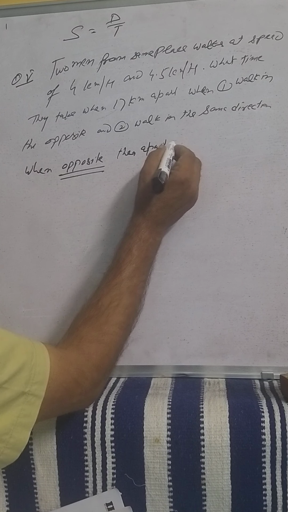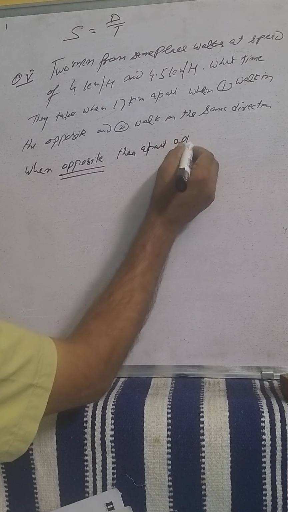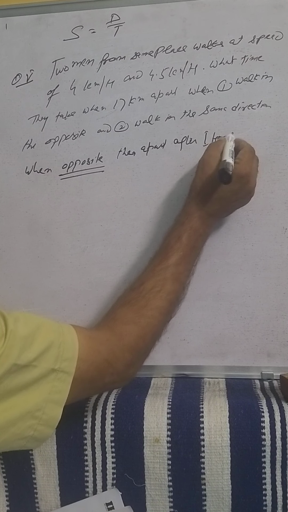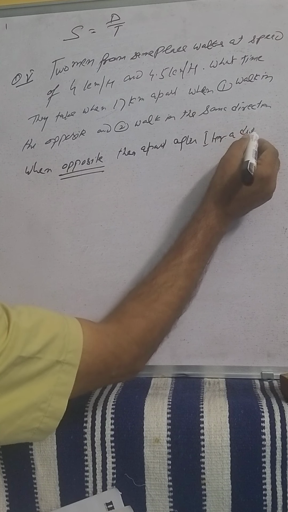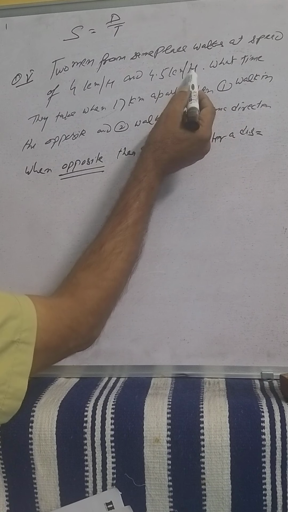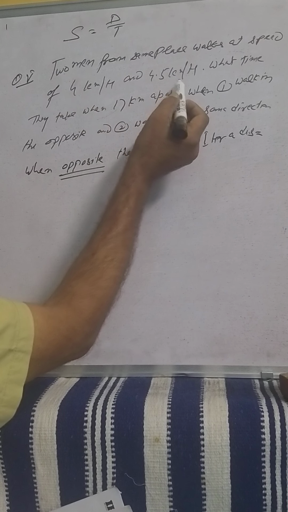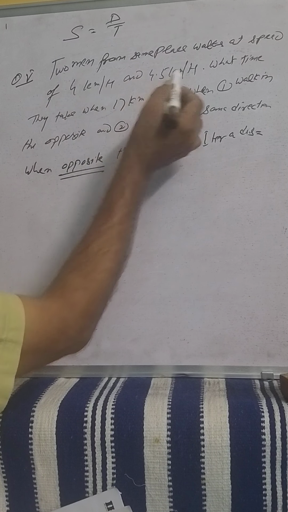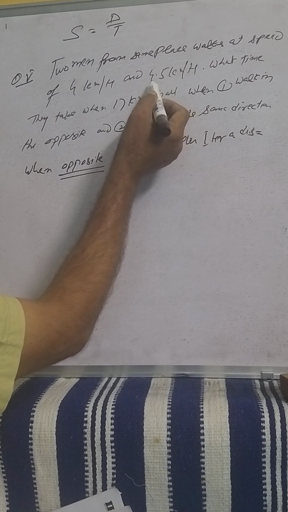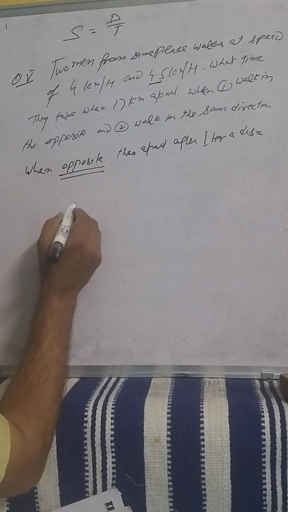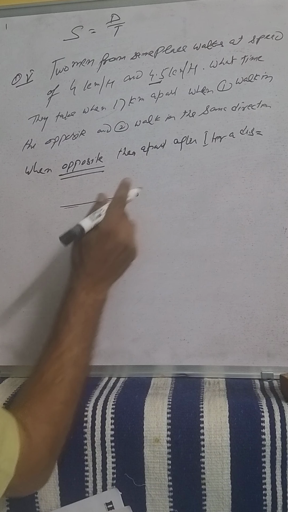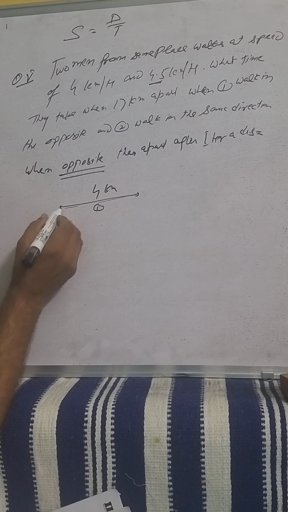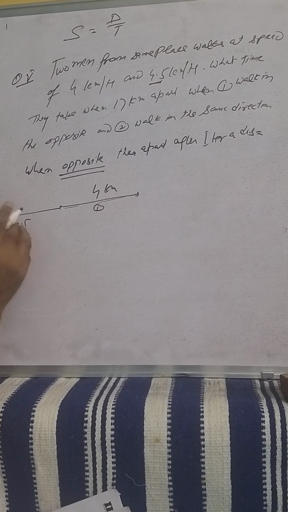After 1 hour, this is the speed of the first, speed of the second. In 1 hour the first covered a distance of 4 km, and this person in 1 hour covered a distance of 4.5 km, and they are in the opposite direction. This is the first person, this is the second person covered a distance of 4.5 km,